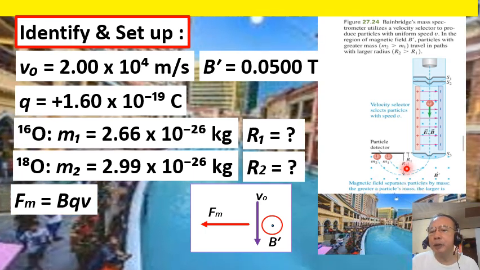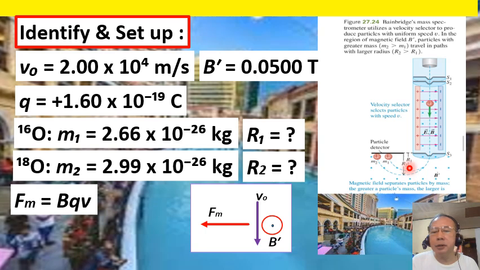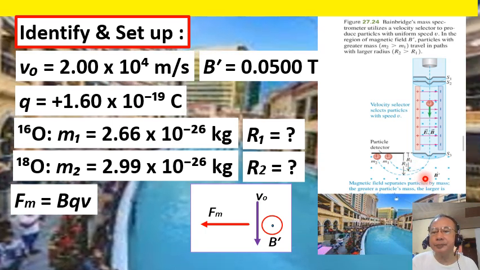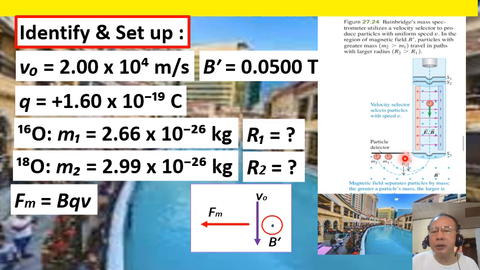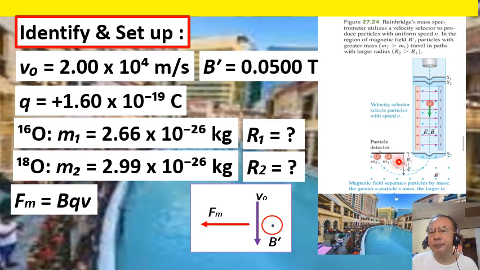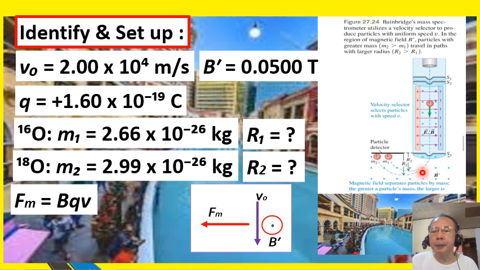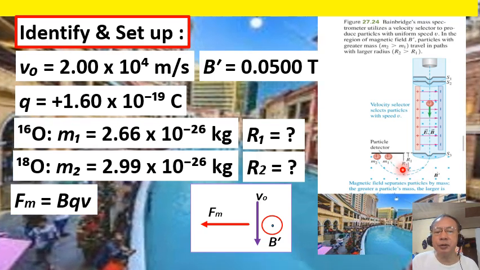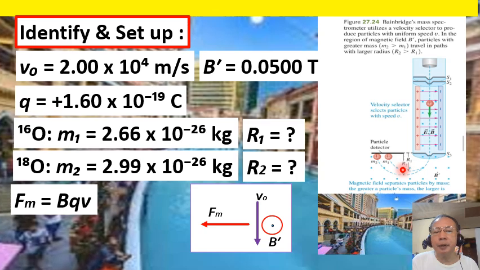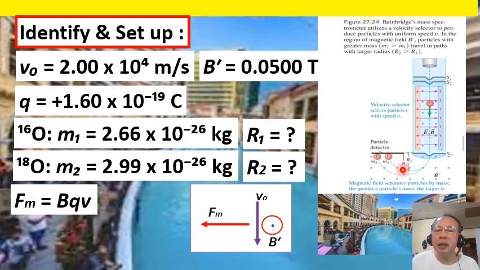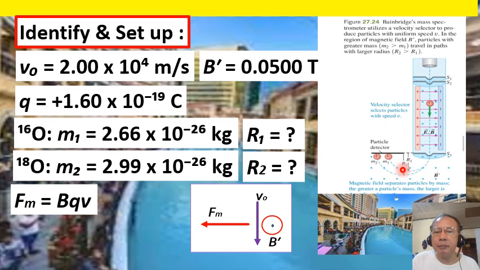So, for example, since the magnetic field is directed towards the reader and the velocity of the ions is downward, we can determine the direction of the magnetic force by assigning the right hand thumb,